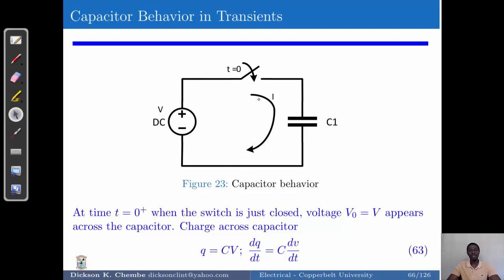So how does that happen? At the time when the switch is just closed, the voltage across the capacitor becomes equal to the voltage across the source. And the charge across the capacitor can be obtained via this equation. So we have Q, or what we call charge, is equal to capacitance multiplied by the voltage. So the rate of change of charge then is equal to the capacitance multiplied by the rate of change of